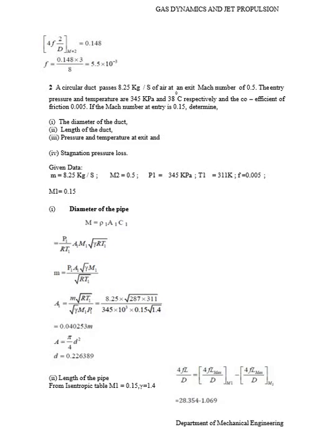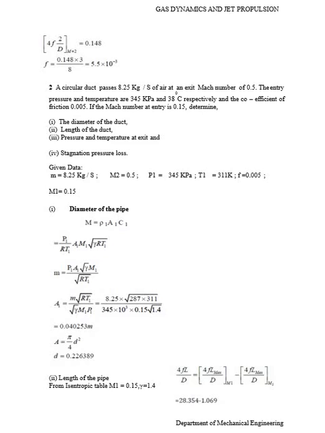Then A1 equal to m dot root of R T1 divided by (root of gamma M1 P1), which is 8.25 root of 287 into 311 divided by 345 into 10 power 3 into 0.15 root of 1.4. Then A1 equal to